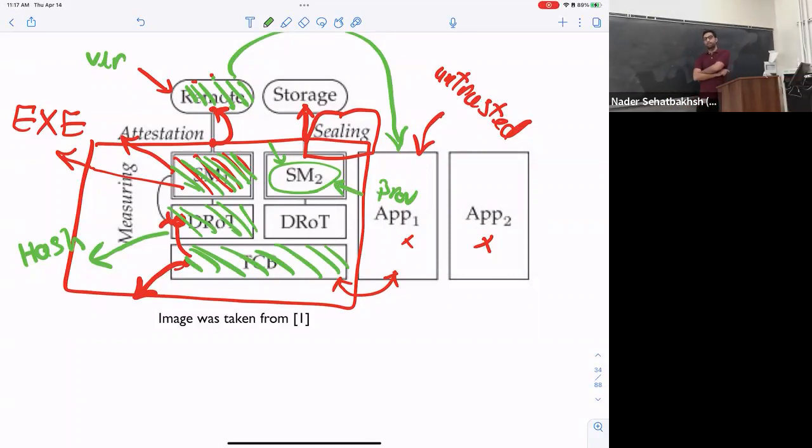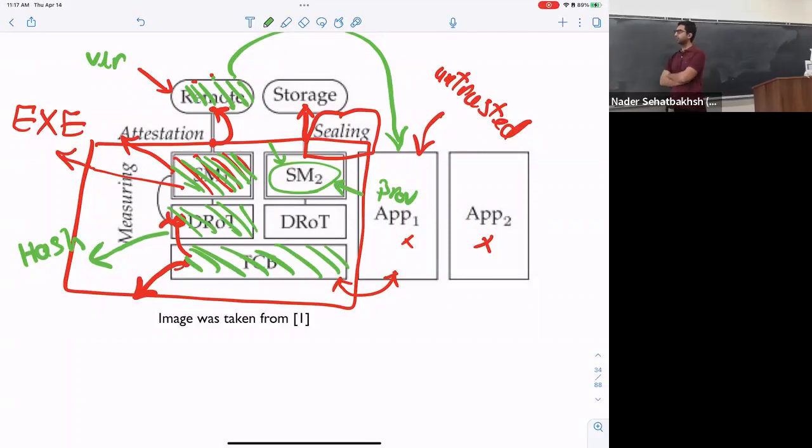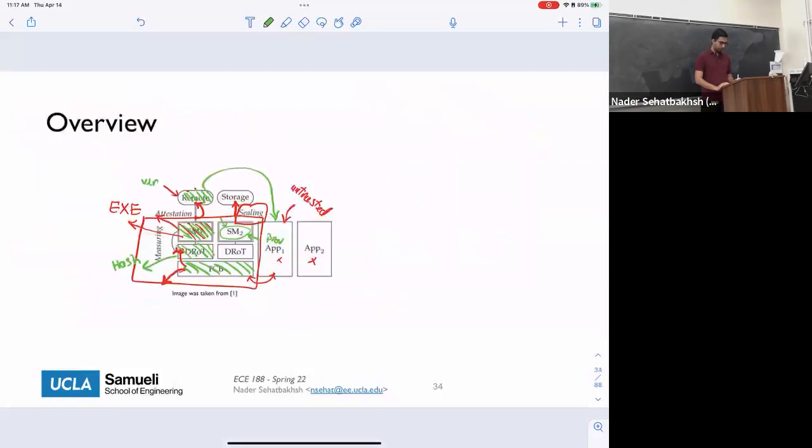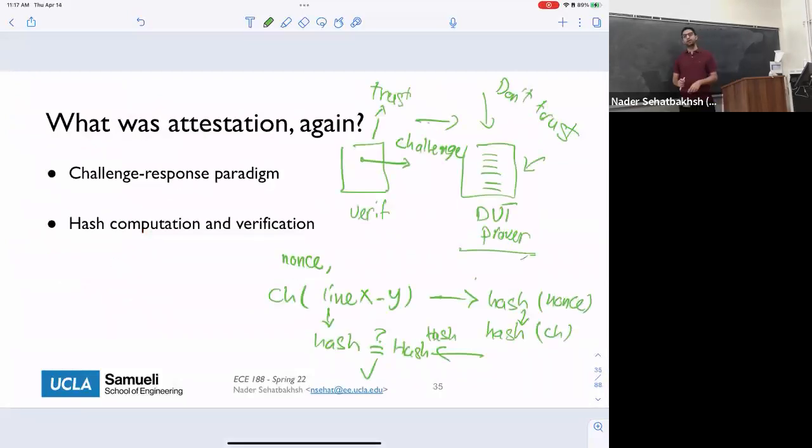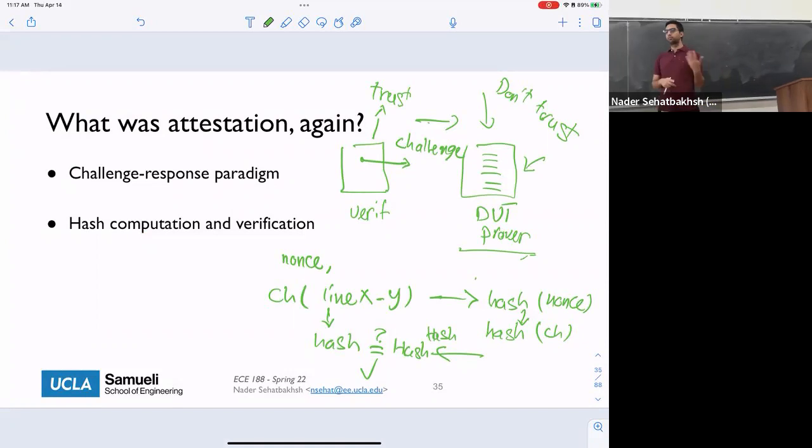When the verifier initially trusted the software, it computed those hashes to know what the challenge hash should be, so it can later compare it. The verifier can either compute on the fly or pre-compute. Either works.